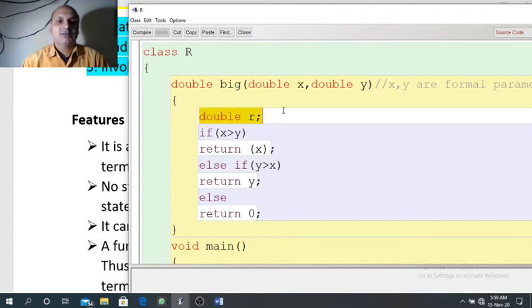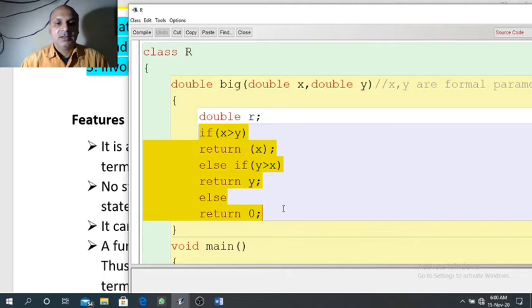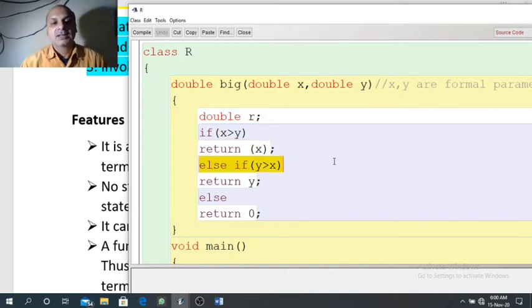Now, variable r is declared in the body of the function. If else if is used to return: if x is greater than y, then return x. Else if y greater than x, then return y. Else return 0.